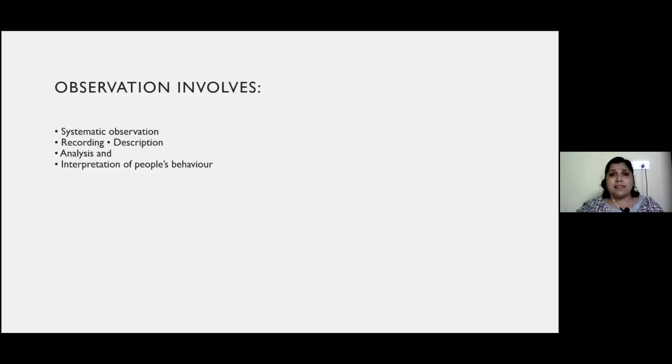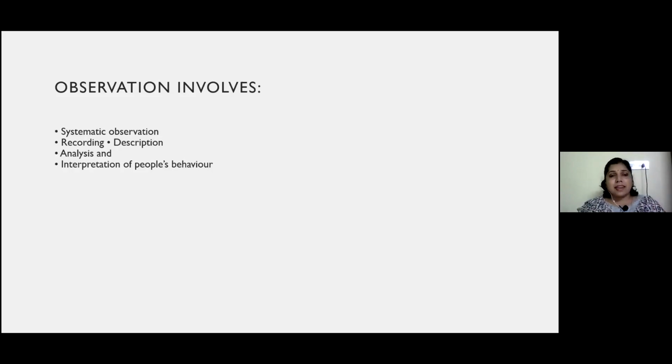Next thing is analysis. Analyzing and comparing can also be a part of it, whether you are better than others, who is the best student in the class. Doing an IQ measurement among all these people can be done. You can also conduct an interpretation of behavior, especially students' behavior, behavior of the public, and how people react to a particular event happening in the community. All those things can easily be interpreted by observation. So observation has all these things. You do it systematically, you can record it, you can observe it just like that.